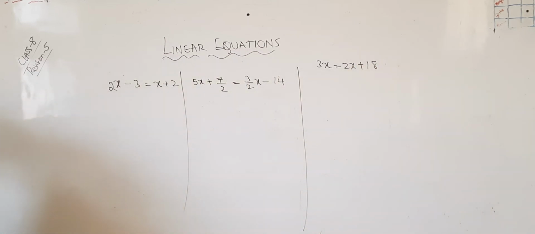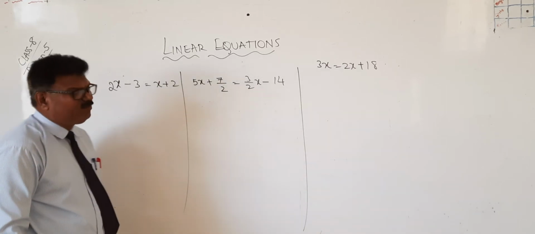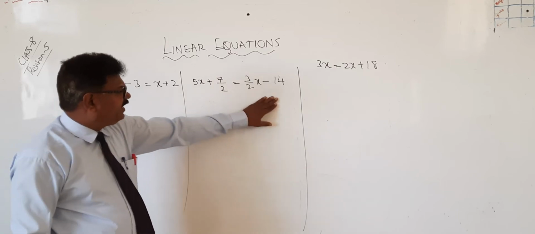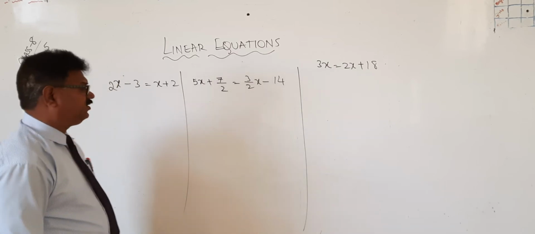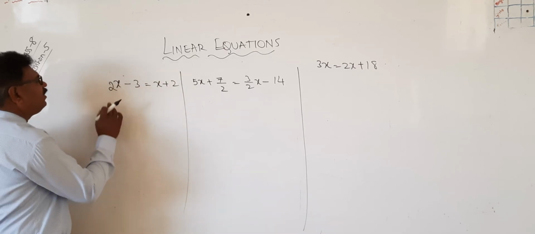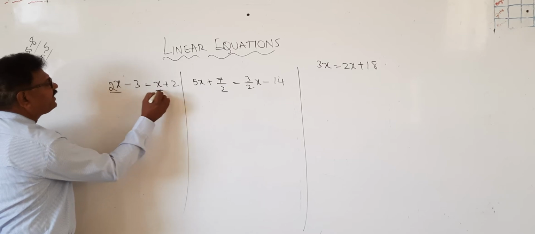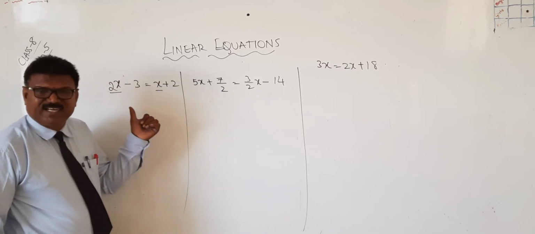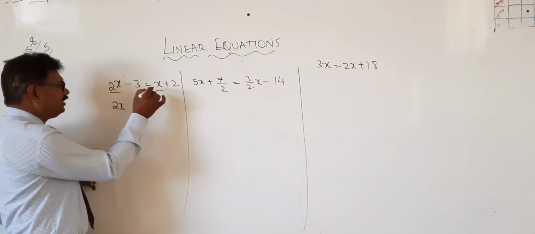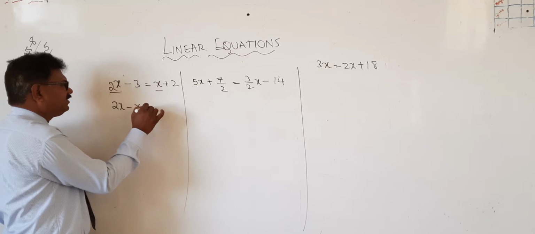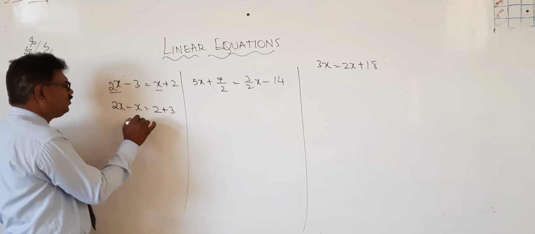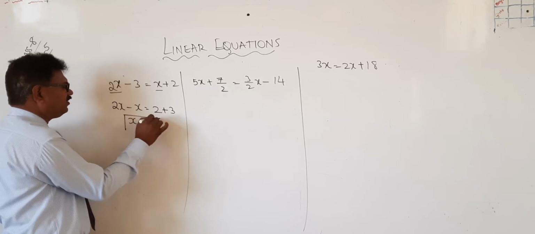Now here, in the previous problems, the variable was present on only one side. Now, the variable is present on both sides. At that time, we should concentrate on the greater one. See, for example, here 2x is there, here x is there. Which is greater? Yes, 2x is greater. Therefore, 2x you write like this, and plus x if it comes here becomes minus x. 2 is there, minus 3 will become plus 3. Therefore, x is equal to 2 plus 3, which is 5.